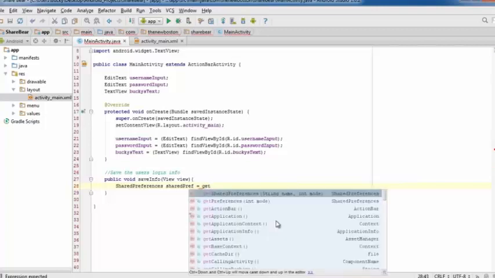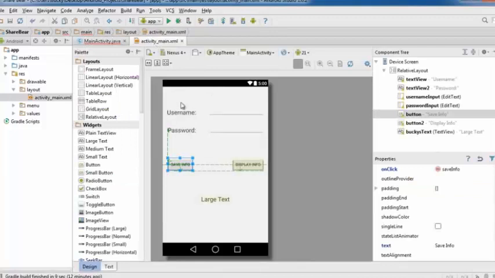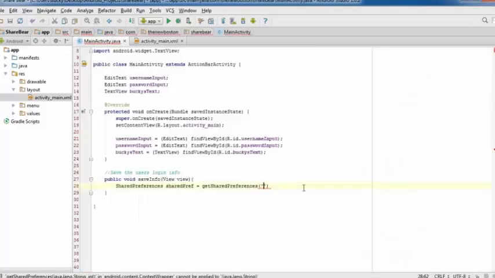So in order to do that, you write getSharedPreferences, and the first parameter is the name of your preferences file. So in this app, we're just going to save the login information. But let's say maybe we're making another app that we want to save their notification settings. Well, we're going to make another shared preferences file for that, so you can have multiple shared preferences files. You're not just limited to one. So for this one, I'm just going to name it user info,